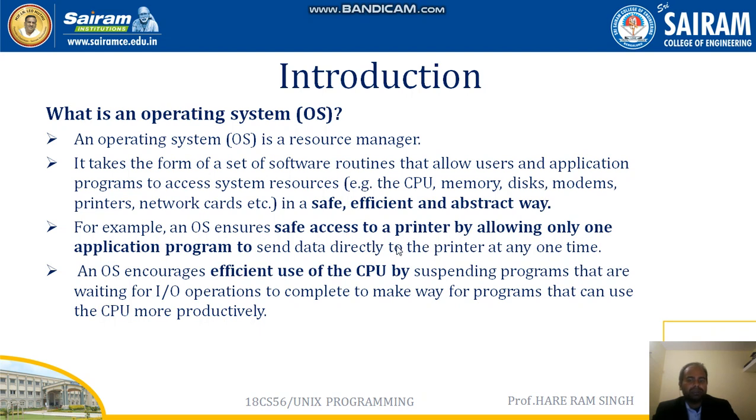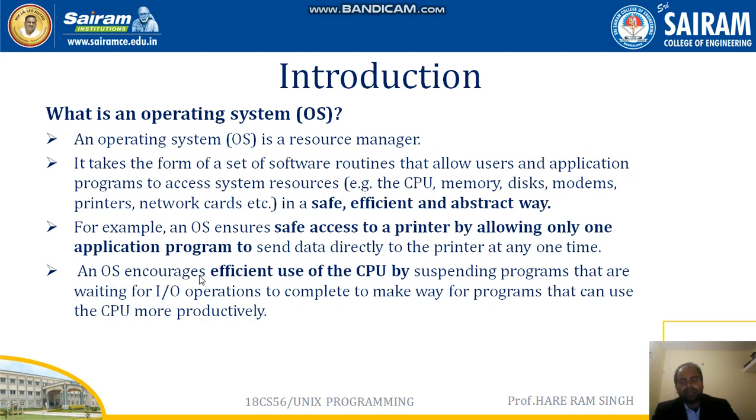Suppose you have a printer, you want to take a printout, and that printer is connected with 2 or 3 systems. Suppose all 5 people are giving a request for printing at the same time to the printer, then who will be allowed to access the printer first? So it is the operating system which schedules the different processes, different programs one by one to access the printer.